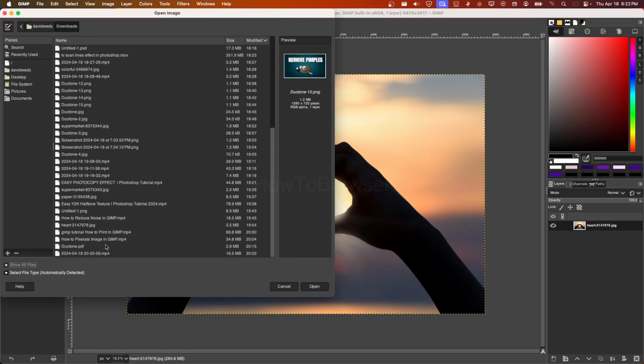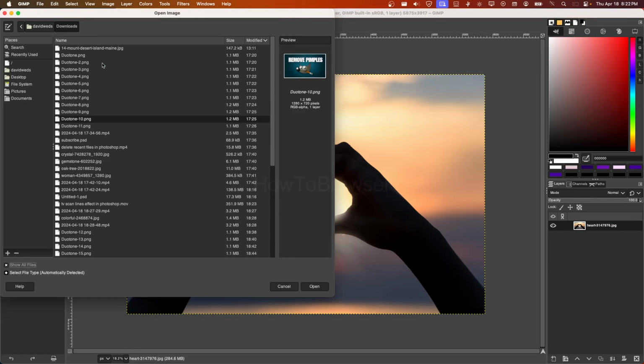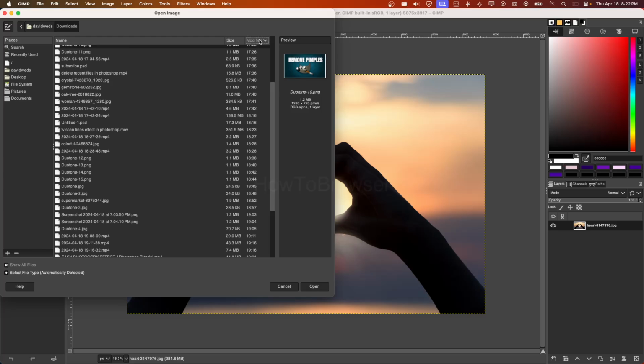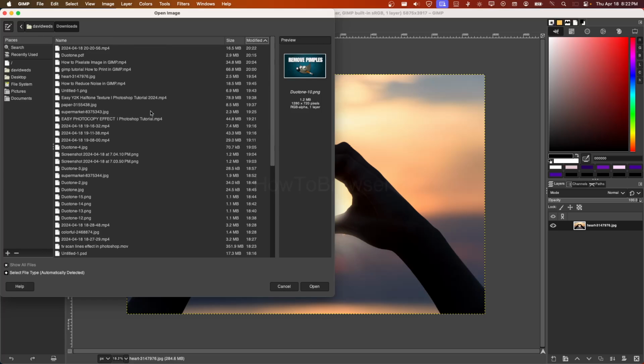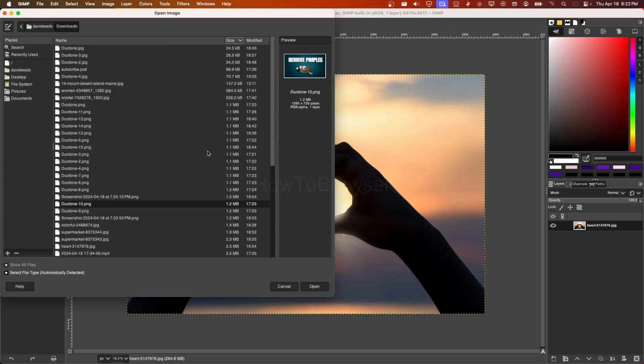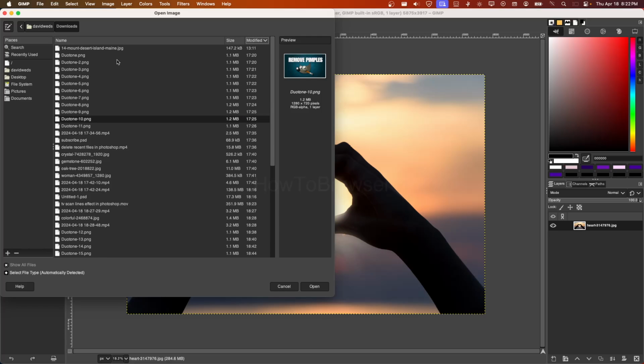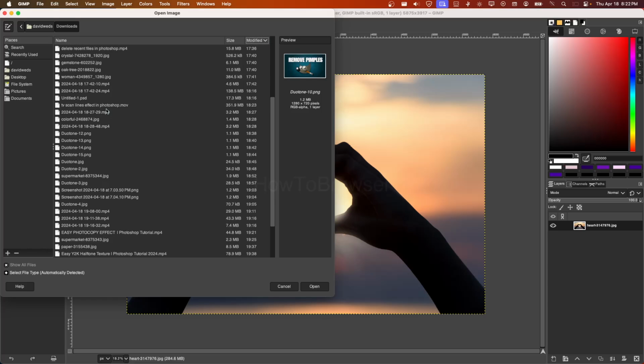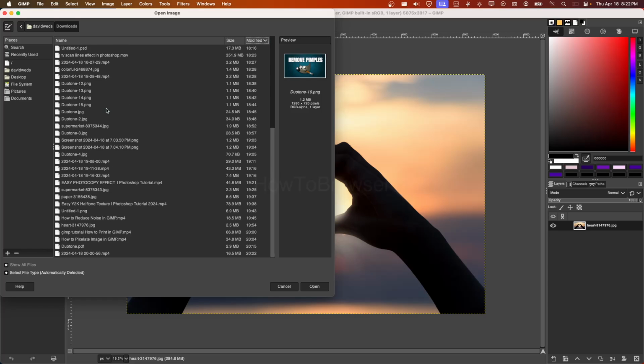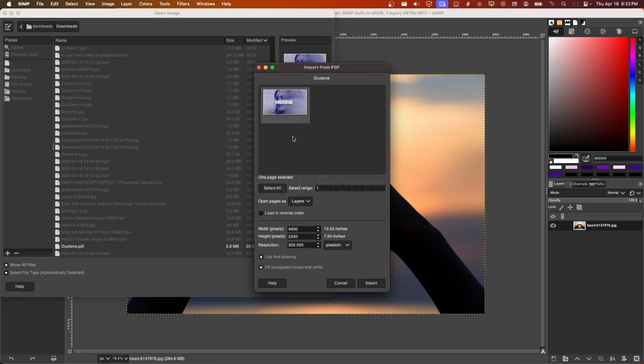And now here, if I scroll down or up, I'm just gonna click on modify by, and I should be able to find that one here by size. I just don't want to look through it, but it should be here. Okay, this is the one, and I click on open, and now it says here